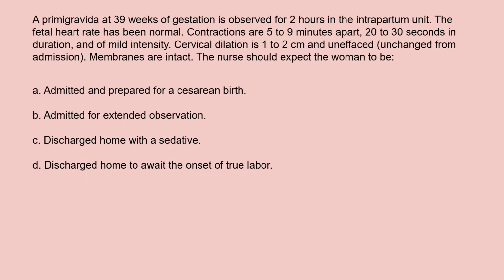A primigravida at 39 weeks of gestation is observed for 2 hours in the intrapartum unit. The fetal heart rate has been normal. Contractions are 5 to 9 minutes apart, 20 to 30 seconds in duration, and of mild intensity. Cervical dilation is 1 to 2 centimeters and uneffaced, unchanged from admission. Membranes are intact. The nurse should expect the woman to be: